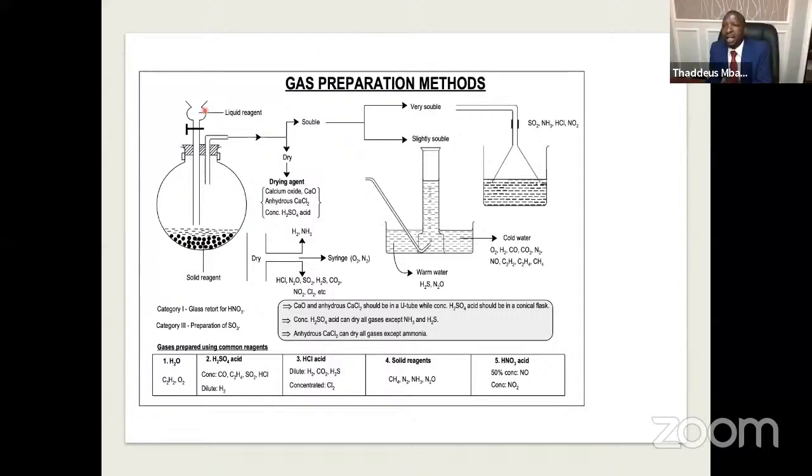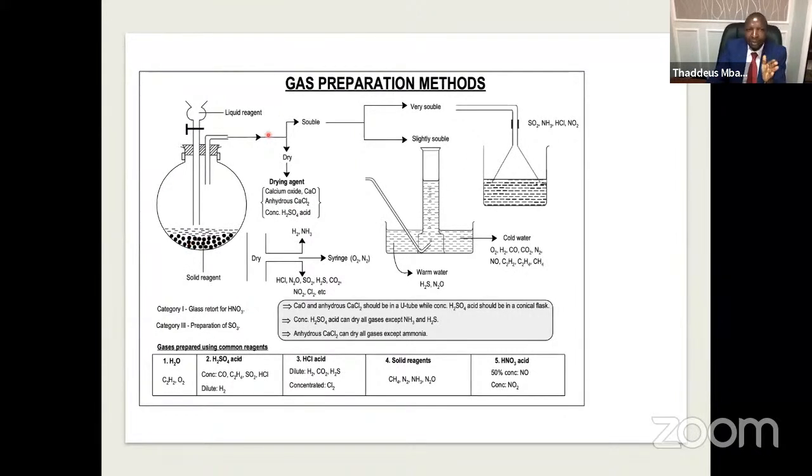You can simply go and list the gases. If it is hydrogen, you may indicate the liquid for hydrogen is dilute HCl, and the solid is zinc metal. For oxygen, if here we have hydrogen peroxide, the solid will be manganese oxide. If here we have water, here we are going to have sodium peroxide. Then you can continue and summarize like that. So wherever you write something like that, you don't have to continue writing so many diagrams. It is very easy. Once the setup for the dropping funnel and the flask is complete,